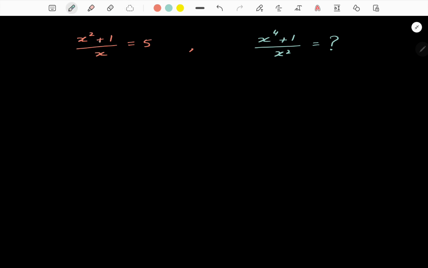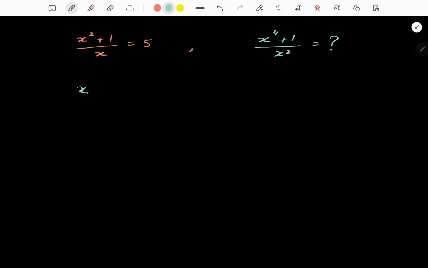In this video we are given the value of x: x square plus 1 divided by x is equal to 5, and by this information we have to find x4 plus 1 over x square. So let us take this one as